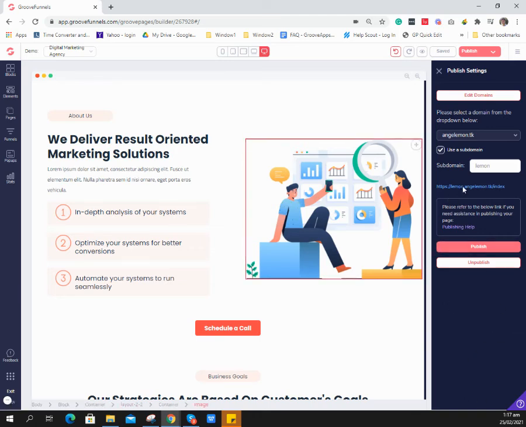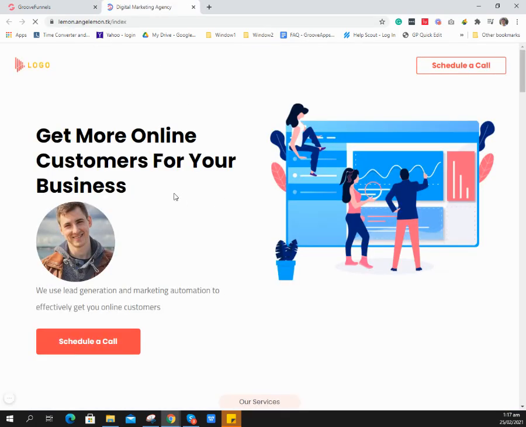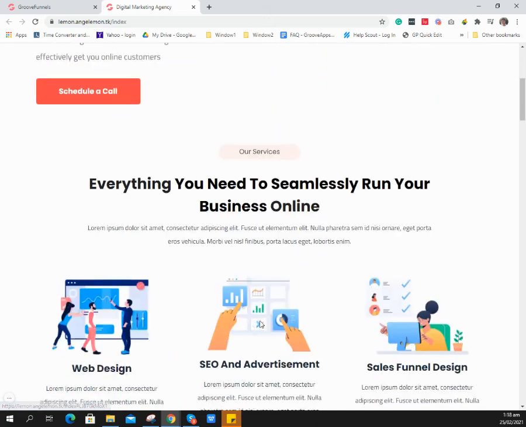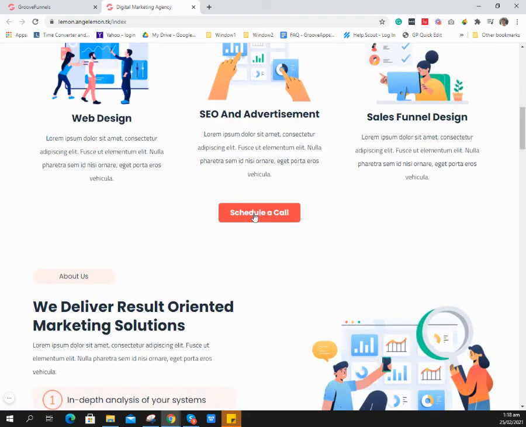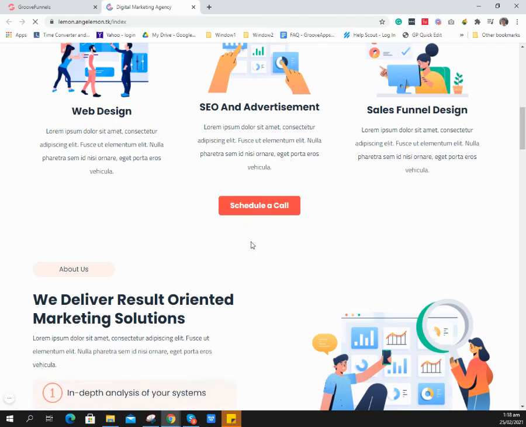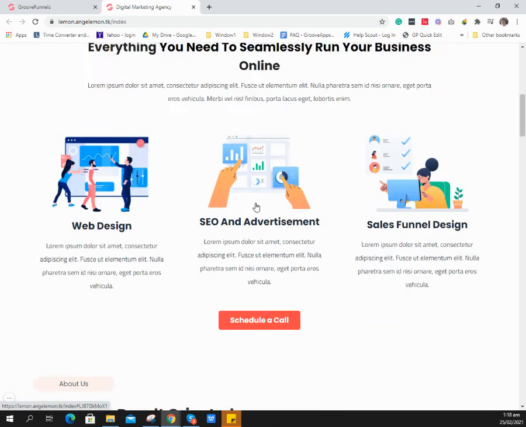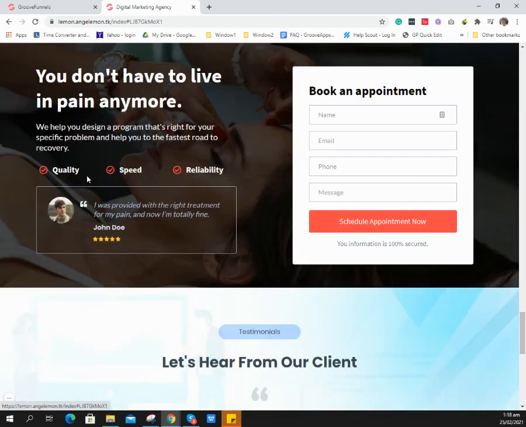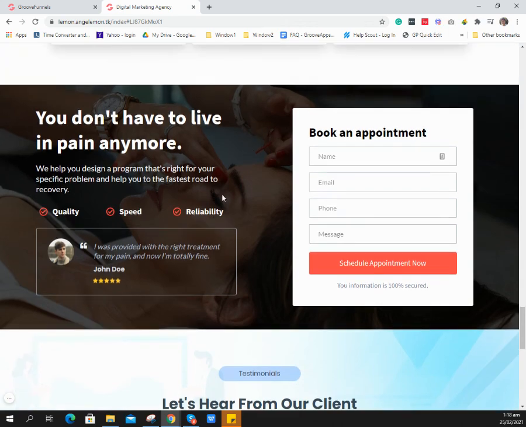And then let's go to the actual page we have. If I hover on this button, you will see that there is a link there. And also on this side, oh, this is not updated. Let's just refresh this one. When I hover over it, you will see that there is a link on that side. So if I click on the schedule call, you will see that I am redirected to